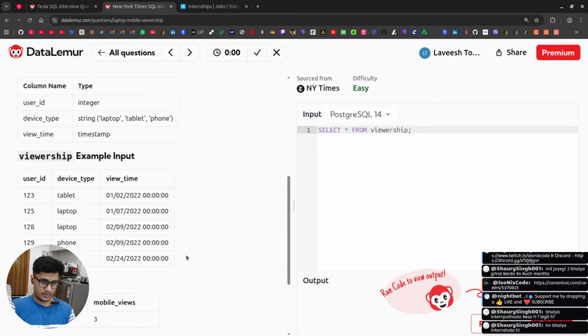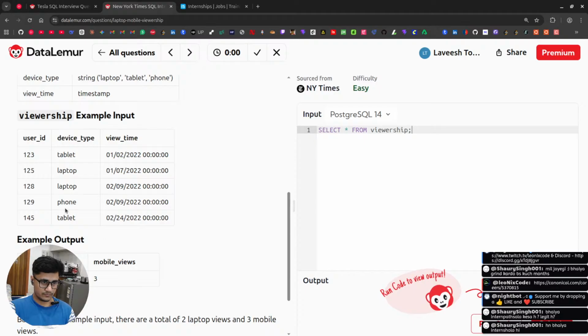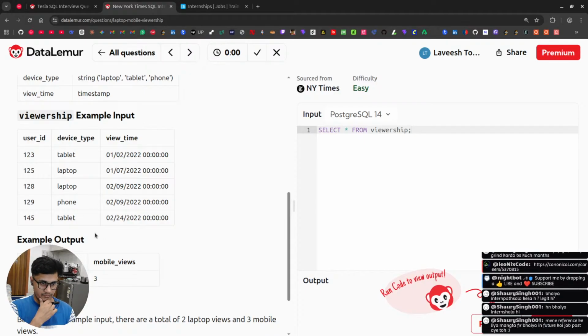phone viewership and mobile views, laptop views 2, mobile views 3. What I can do is... can't group by... नहीं... कंडीशन लगाने के लिए।